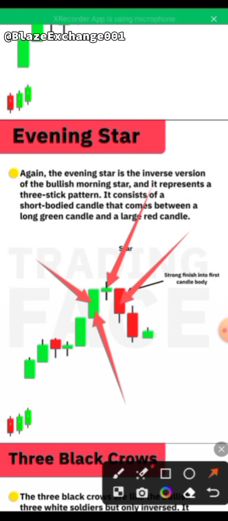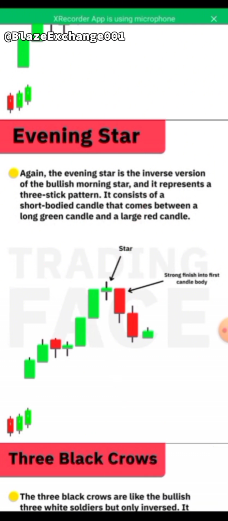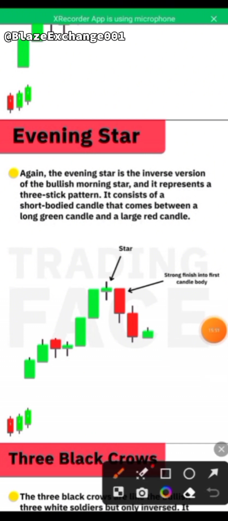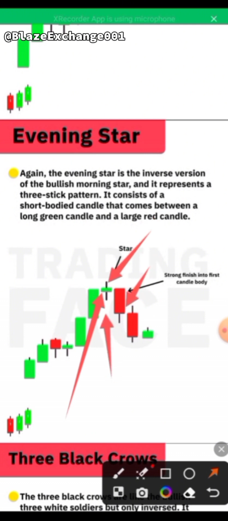When I explained that one, I gave a reference for how I was able to memorize it. So let me show you the inverse of how I memorize this. This is just like morning, in the morning. Then this is the star falling down in the evening. Evening is just like the sun falling down. This is morning, green. Then falling, this is a star. Then the sun is falling. It's just like the sun comes from this place, then falls in the evening. This is evening. That's how I normally memorize it.